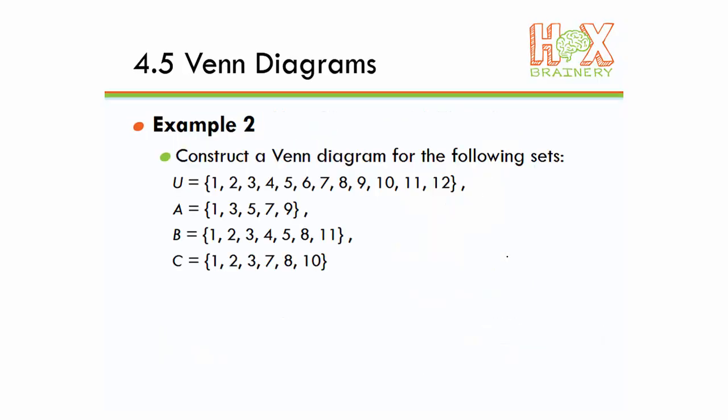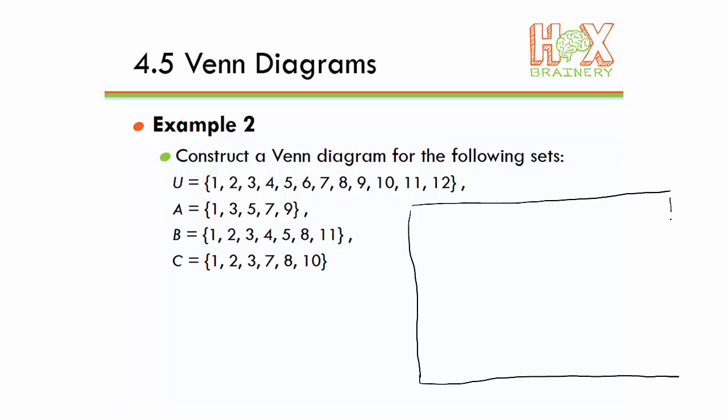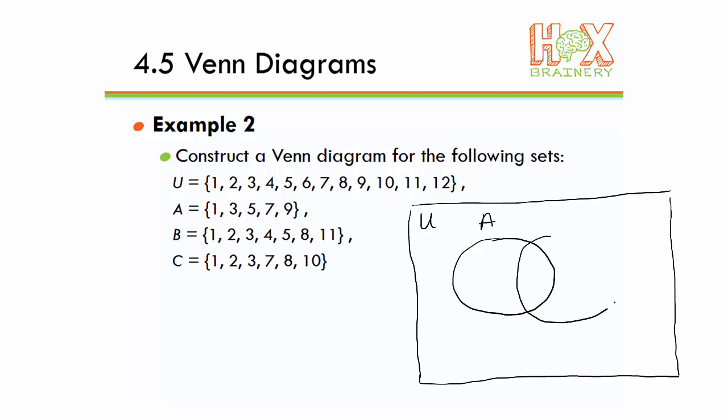Example 2, construct a Venn diagram for the following sets. So we're going to start with the rectangle and draw the 3 circles for the 3 sets. This is our universal set right now. So the universal set is just the integers 1 through 12. And then we have set A, set B,